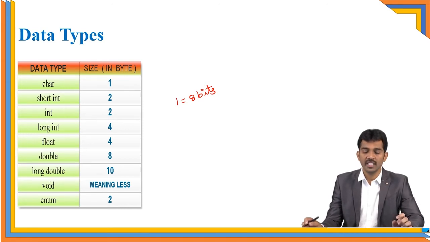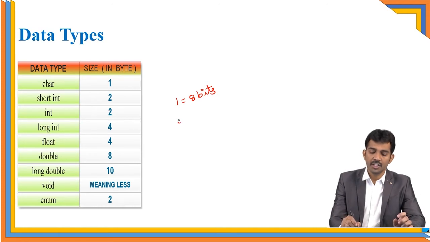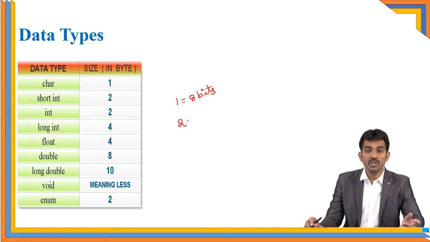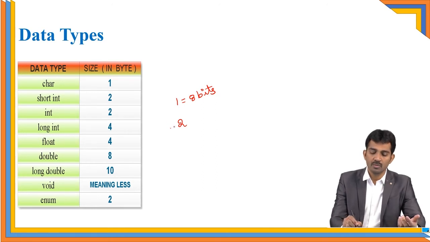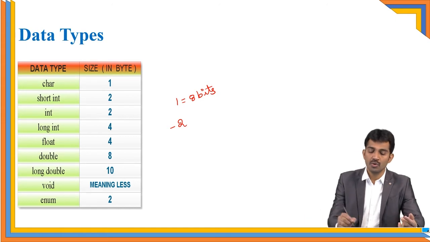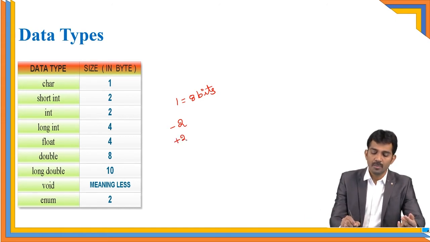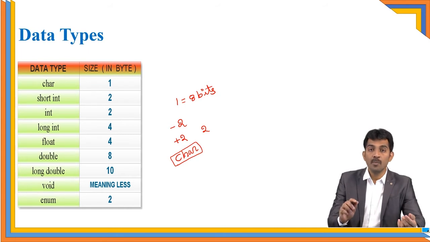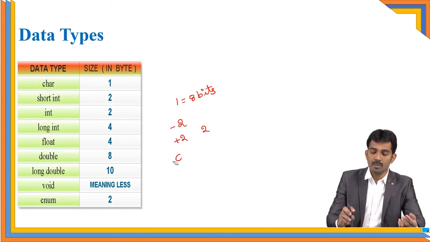If you're not mentioning anything, for example, if I am going to take a 2, is it positive or negative? It is positive, right? If you mention negative, -2, then only it is converted into the negative. By default, it is positive. No need to mention the +2, right? +2 is equal to 2 as a general scenario. Like that, if you mention character, that means this is the signed character. This is the signed character, means it is going to handle both negative as well as positive.